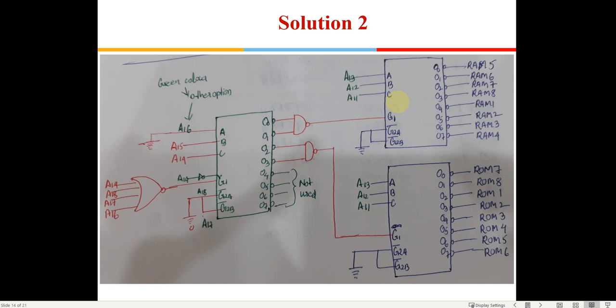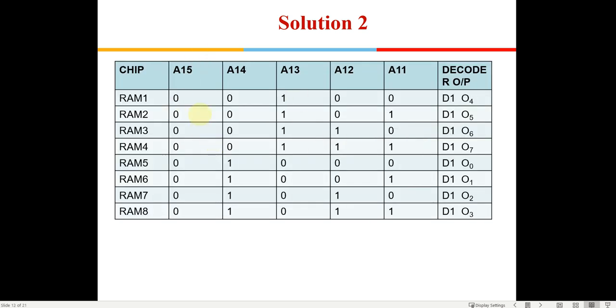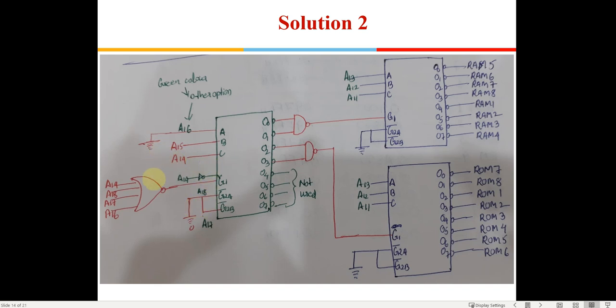Now coming to selecting these chips. You have seen here that all the zeros are given for RAMs and all the ones for ROMs. Here we have used a different technique.